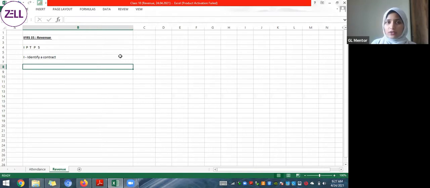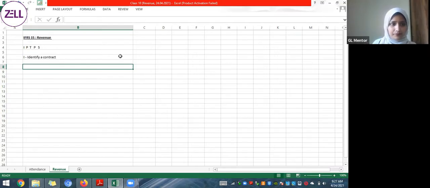And probably I'm like 80% sure this company won't be able to pay me. In that case, you can't record the revenue. It should be probable, that is, a higher chance should be there that revenue is going to come from this particular company. In that case only you can say it's a contract, and then only you can recognize revenue. So first was identifying a contract, and I already told you what the prerequisites are for a contract to be in the picture.